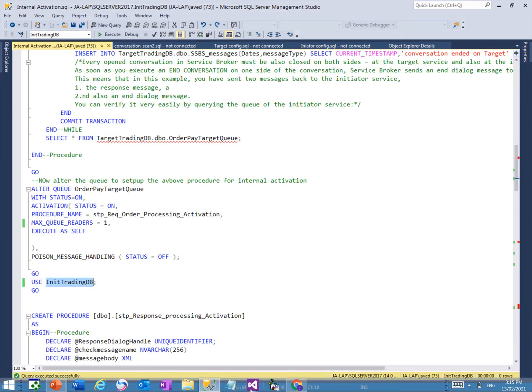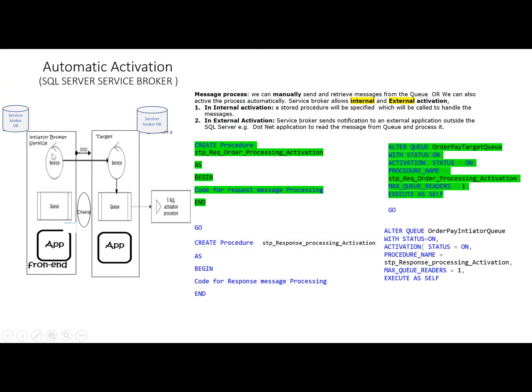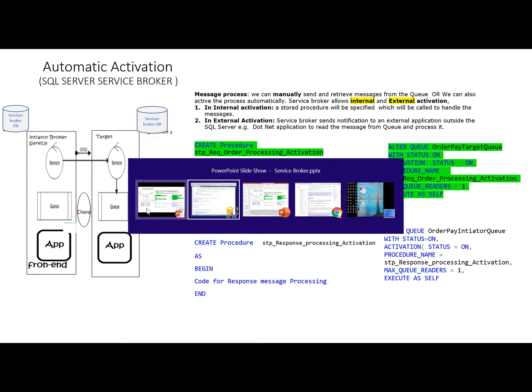These two databases host the two services: the initiator service in the initiator trading database and the target service in the target trading database. Both databases are in the same instance, and now I'm just going to change the logic for internal activation. So first I have to implement this in the target queue.